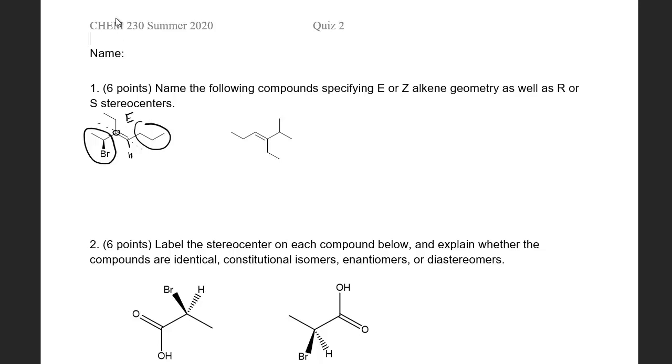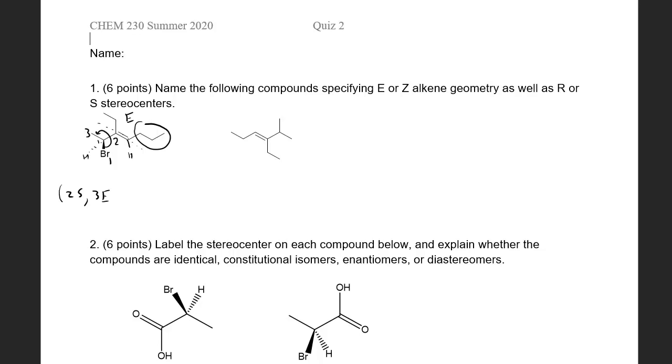And while we're at it, let's go ahead and specify the stereocenter as well. So for our stereocenter, we have hydrogen already in the back on a dash. Bromine's ranked number 1. Our carbon with the alkene is ranked number 2, and our methyl is 3. So this is an S stereocenter. So we have 2S,